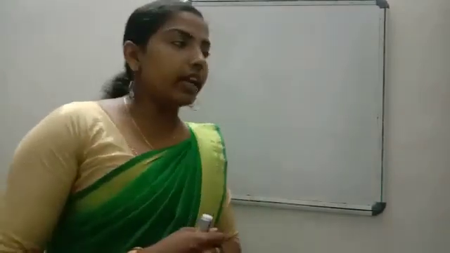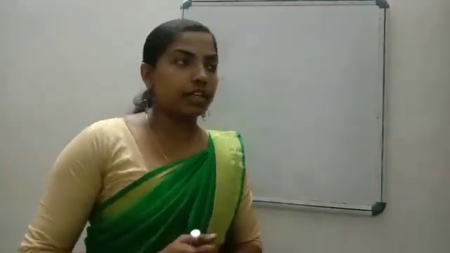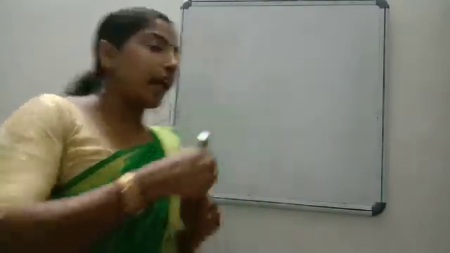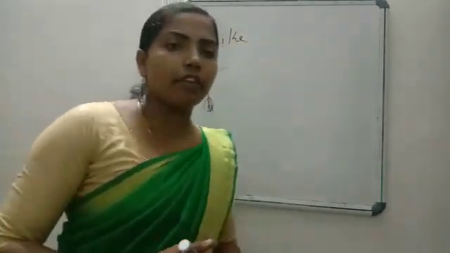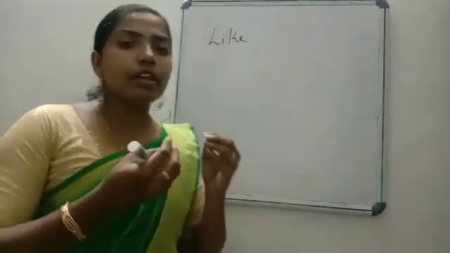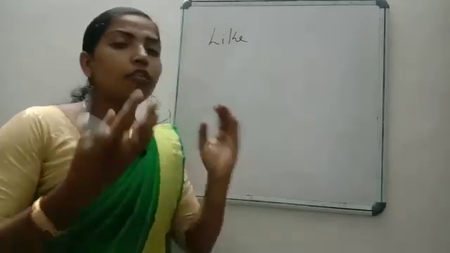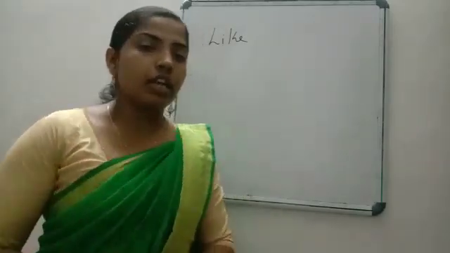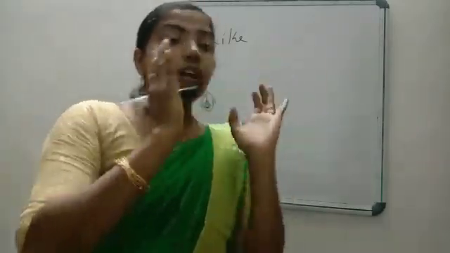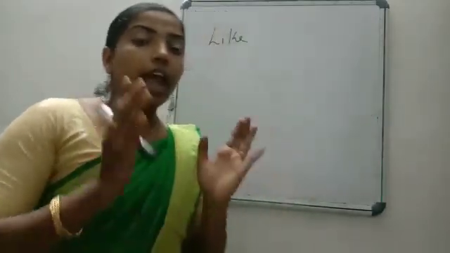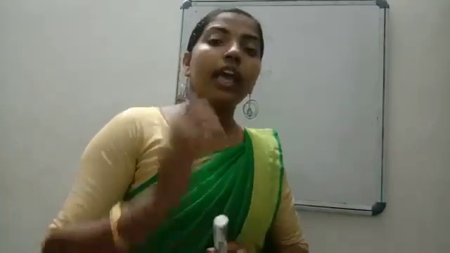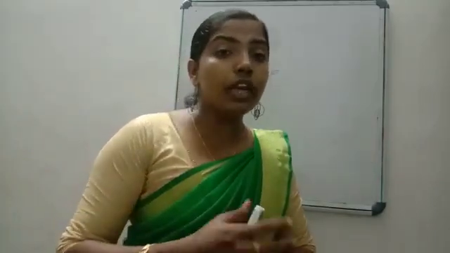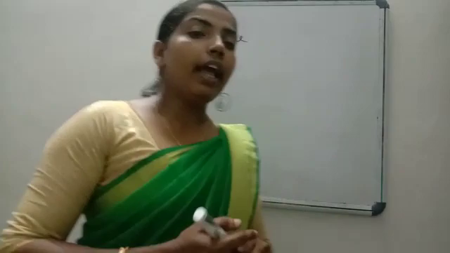Next we are going to study different types of fractions. And among these different types of fractions, the first one is called like fraction. What is meant by like fraction? For example, if some fractions are given and you have to find which all are like fractions, just check: if the denominators are same, such fractions are called like fractions.